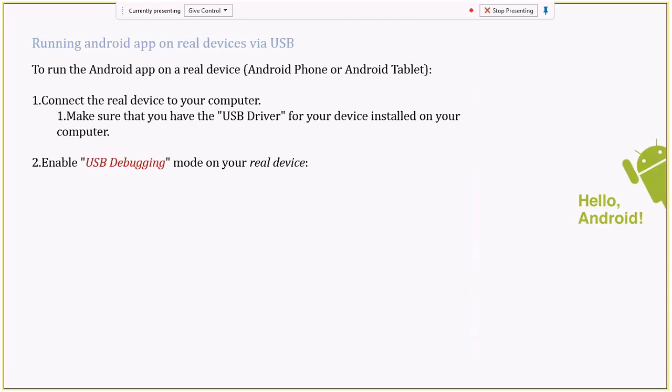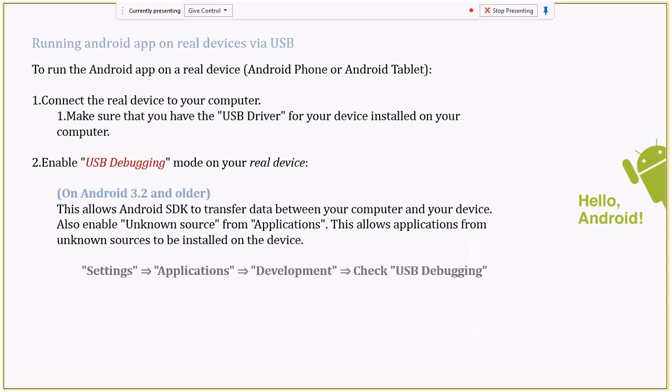So you'll face this, but just a quick look. Once you have installed the package which I talked about in the previous slide, you'll have to enable USB debugging on your device to actually get started. But the latest release of Android is so simple that you connect it via USB, and it will take you to that screen. But in case you're on the older versions, here is how you do it.